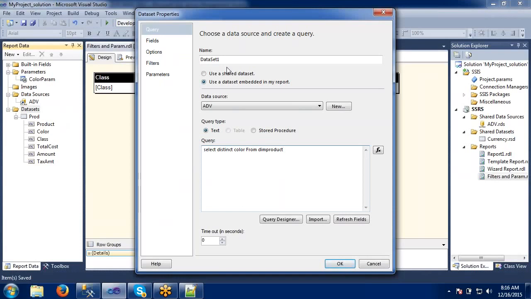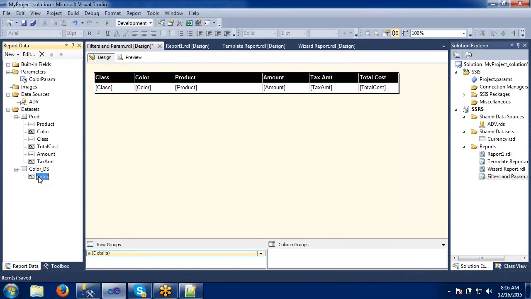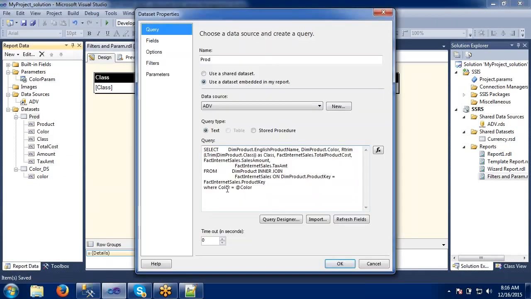Yes, something called color here. I mean, I'm just giving the color underscore. It is a data set, right? Okay. So I'm having one more data set with color here. So what I will do here is I will try to filter the data here.